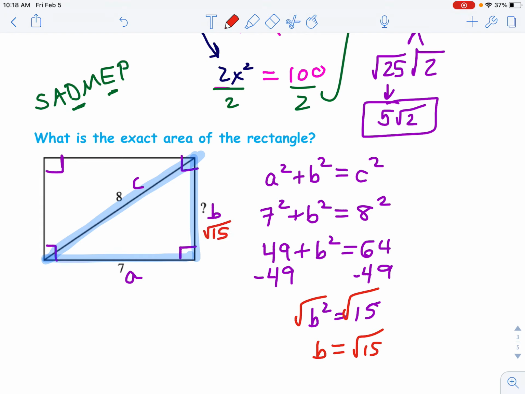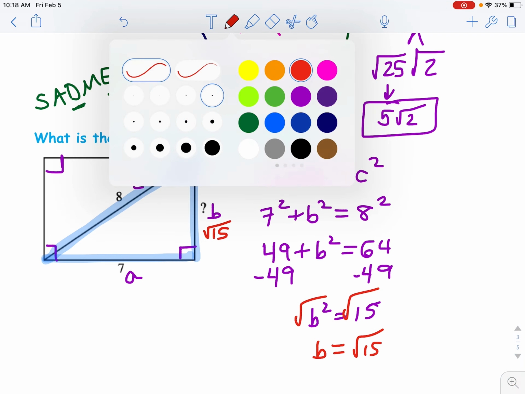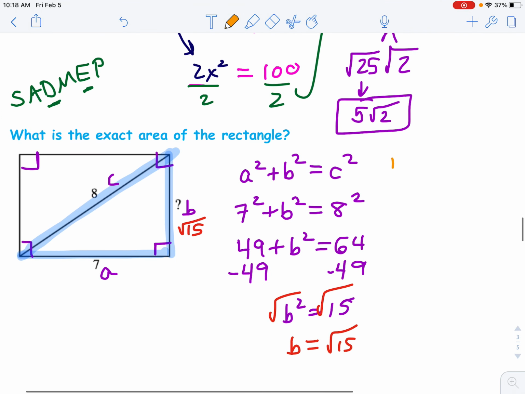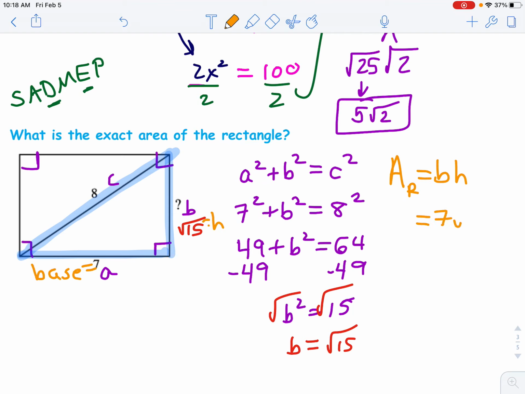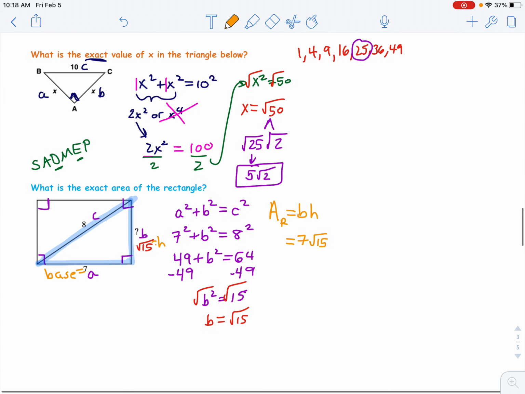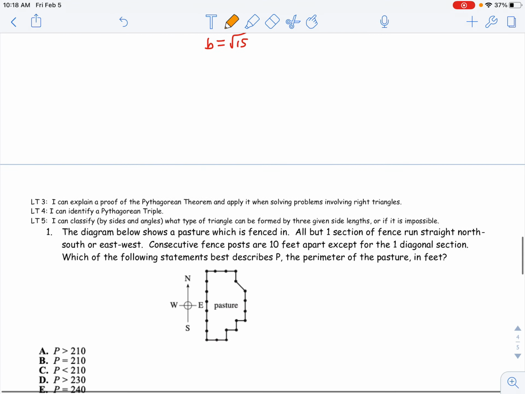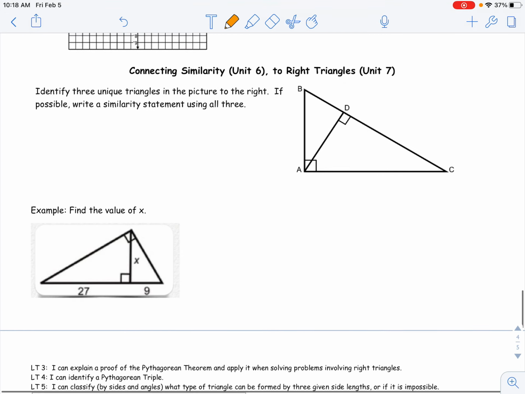Well, that's it for that. And now it's asking for the area of a rectangle. So remember, the area of a rectangle is just base times height. So we're going to say the base is 7, and then the height was radical 15. So the exact area is just 7 radical 15. That's it. Pretty cool. Now we're going to have one more page of problems and then call it